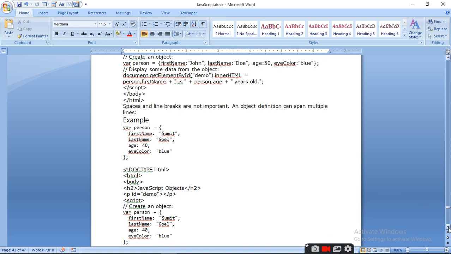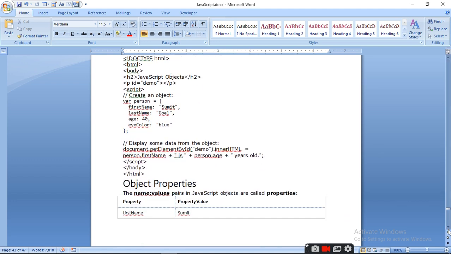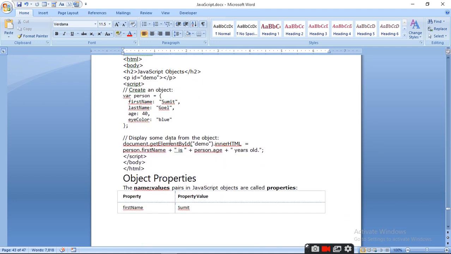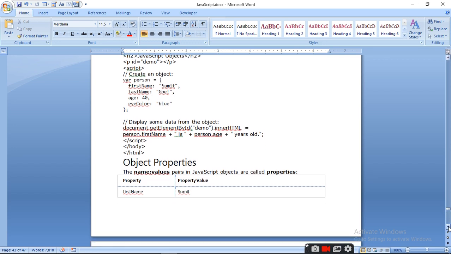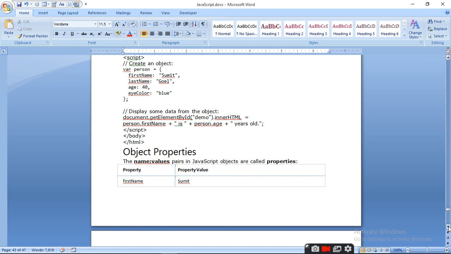And if you want to access it the same way, you can write person first name, person age plus years old. Only the writing method is different, using spaces to make the properties clearer.